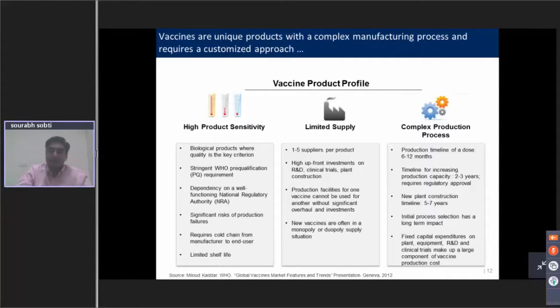So hence, I think this slide is a good way to illustrate that vaccines are slightly more complex than small molecules. Hence, there's a longer lead time required for them to be manufactured, produced and developed. So the suppliers need to be aware about 5 to 6 years before a new vaccine is included in a country's immunization program, so they can go ahead and manufacture accordingly.